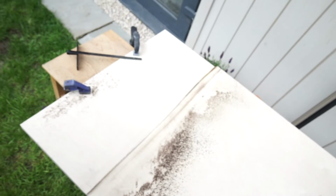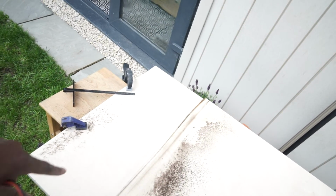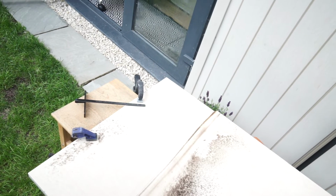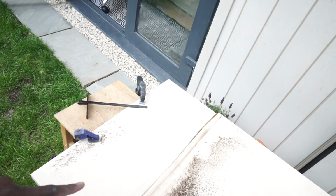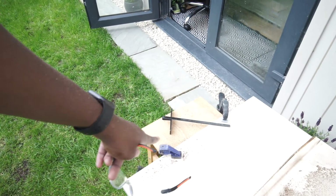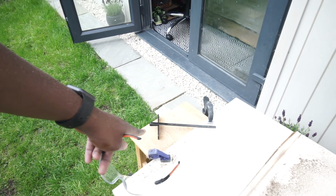Right, so that cut came out absolutely horrendous. Let's hope the whole cut is covered behind the bar bit. I'm sure it will be. I really do need to get a new circular saw. Let's just hope it covers it. I'm sure it will. This bit will be going into the bar, so we'll get that lined up and then we can install this bit, and we'll just have to do it from the